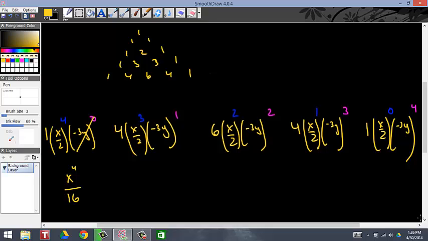And then here you're going to get x to the 3rd over 8 times negative 3y to the 1st is negative 3y. But that's all being multiplied by 4, right? So those can cancel out, leaving me with a 2 on bottom. The top's going to multiply with the top, so I'm going to get negative 3x to the third y over 2. Okay, now because this thing's negative right here, Esther,